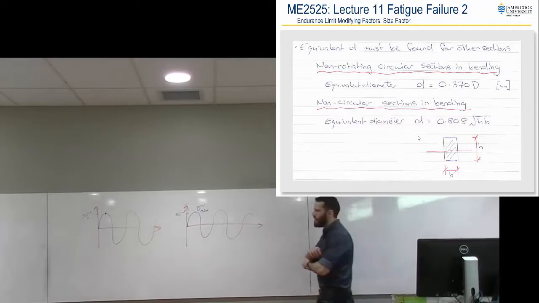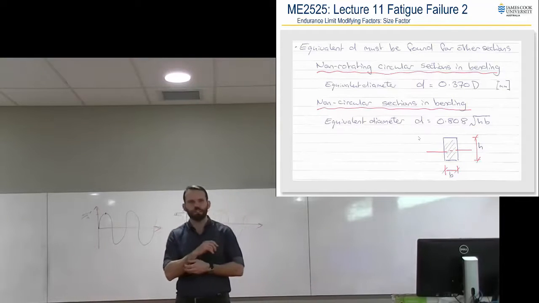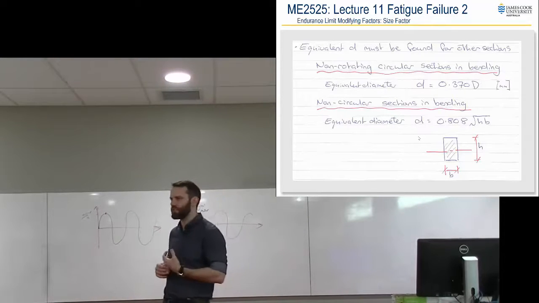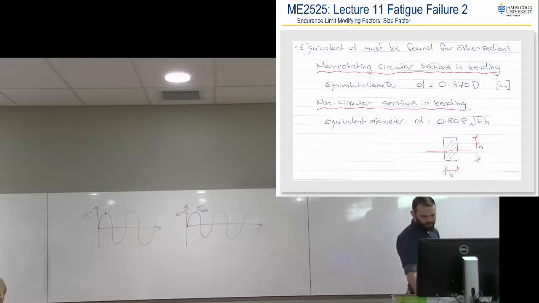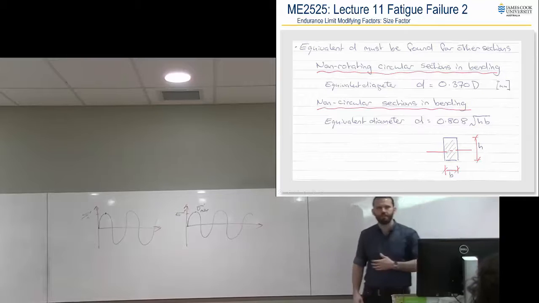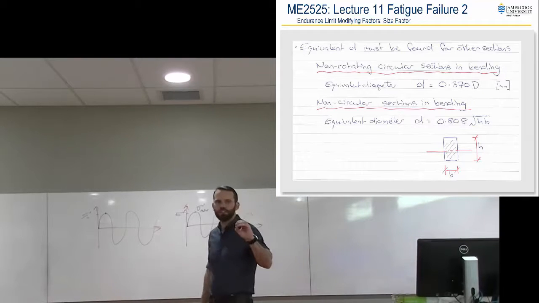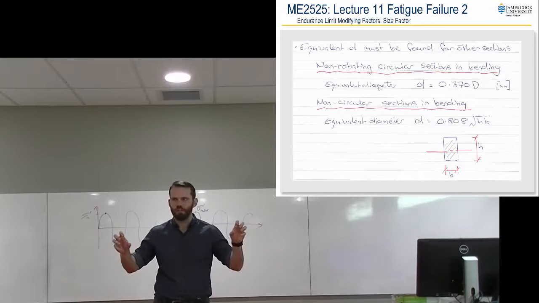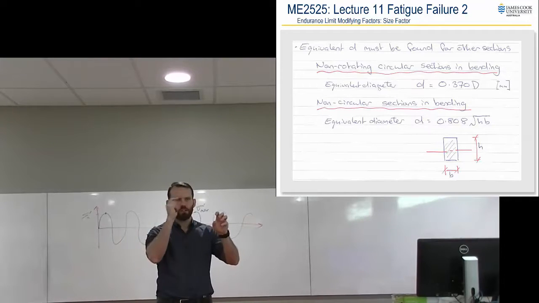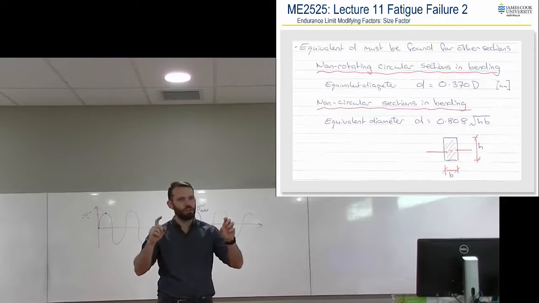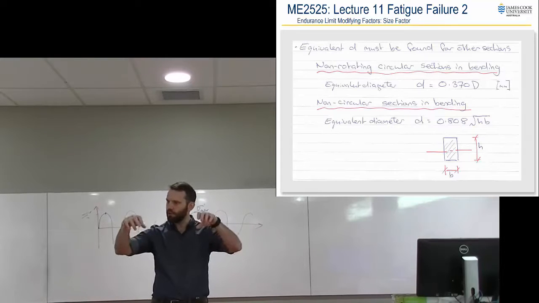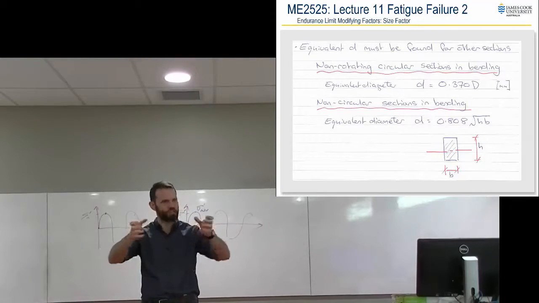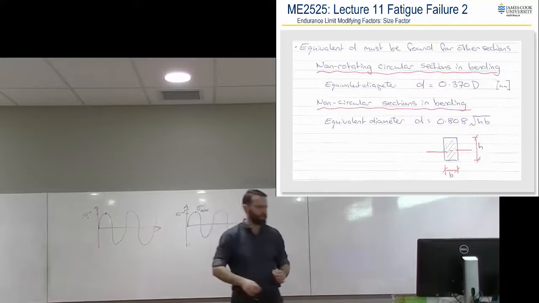Alright, now, obviously we don't always have rotating circular sections. We need to be able to calculate these things for more than just those particular loading scenarios. So, this one here is non-rotating circular sections in bending. Let's think about for a second what that means. Circular section in bending but not rotating. Okay, so we've got critical stress at top and bottom, but it's not rotating, so what that means is bending goes on the other way, but it's not rotating, so the bending isn't just in one direction, it has to change directions. But it's a circular section,